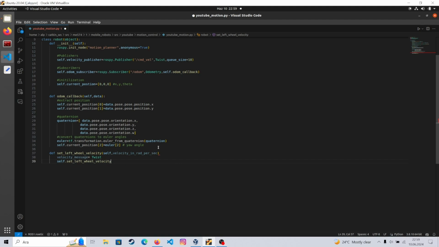Oh, sorry. Self dot left wheel velocity, not that one. Left wheel velocity should be equal to velocity in radian per second. Fine with it. And I forgot to do that, sorry. After that, we will just go in with velocity message dot linear dot x should be equal to